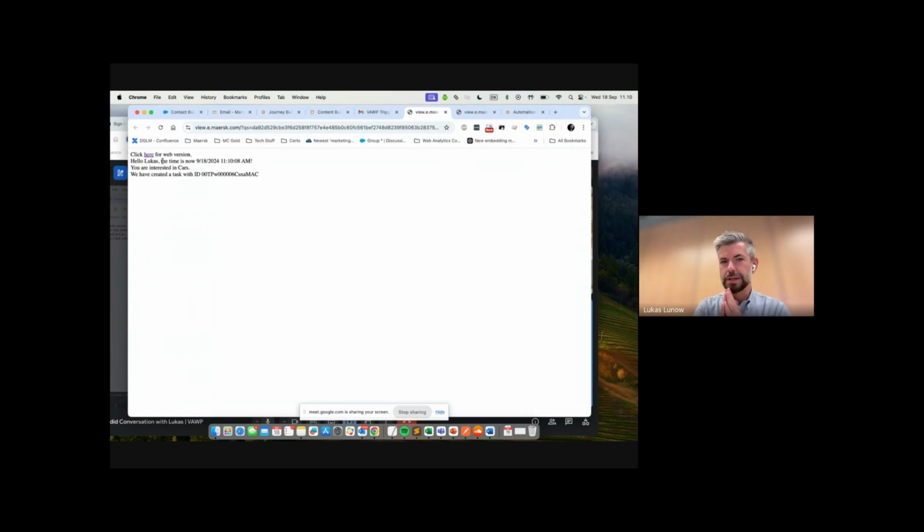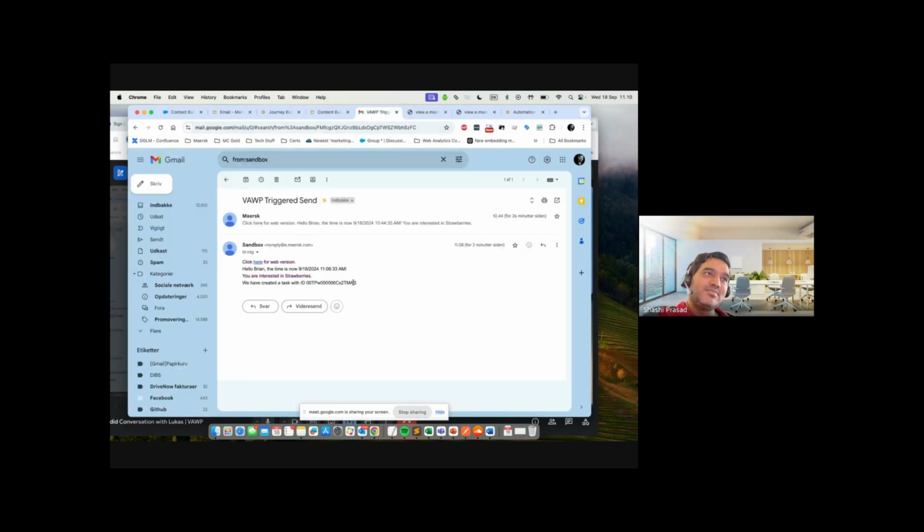Another thing, which I think is maybe even more scary if you don't know what you're working with, is if you look at the task ID here, it ends with SNA MAC. Here, it's different. Okay, what happened? We suddenly created two tasks. So you can see that since this is executed every time you do a view as web page, if you're not aware of this, you might see some data issues, because you create multiple records